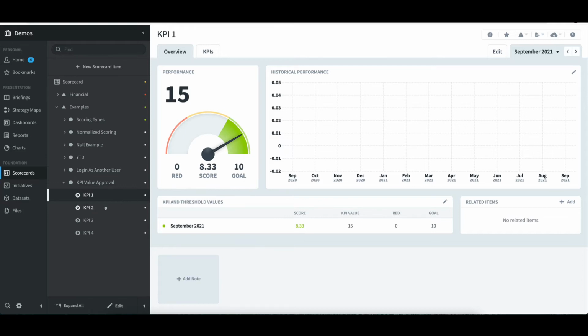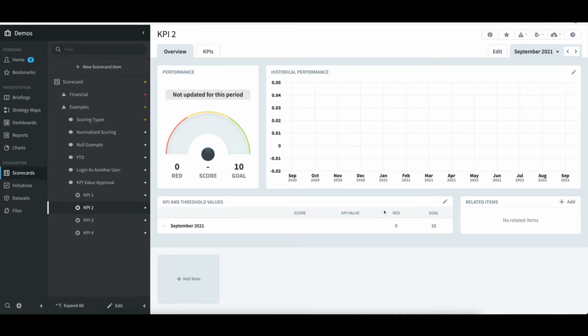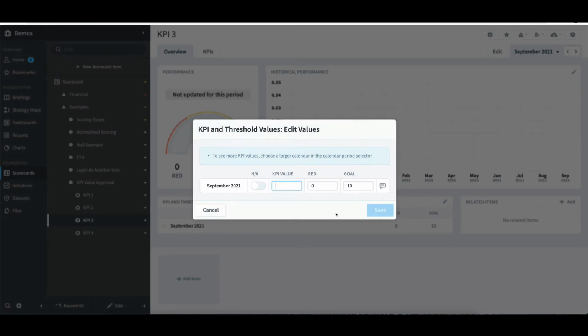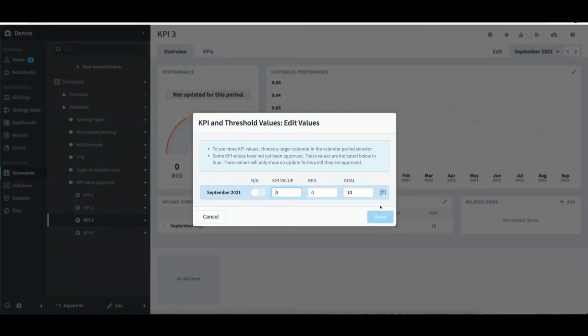However, if I select KPI 2 and update the values, enter 15, notice how the value isn't immediately displayed on screen because approval is required by D. I'll select KPI 3 and update a value of 0 and select Save. If I select Update KPI values for either KPI 2 or KPI 3, notice that the value is visible, but